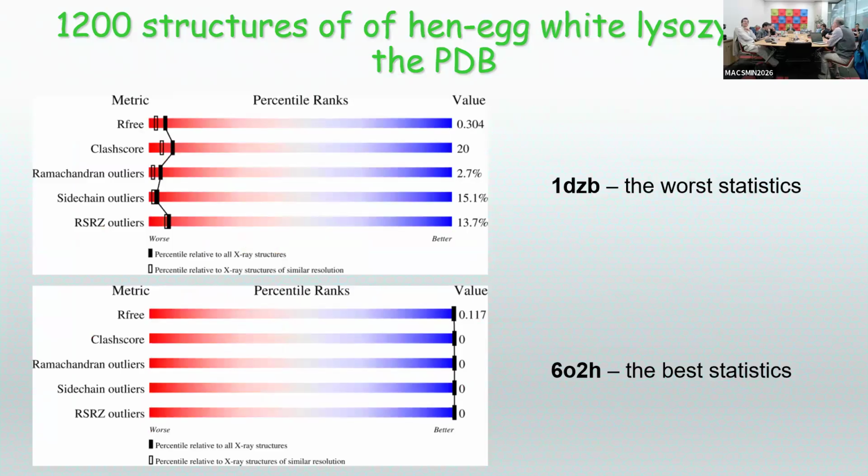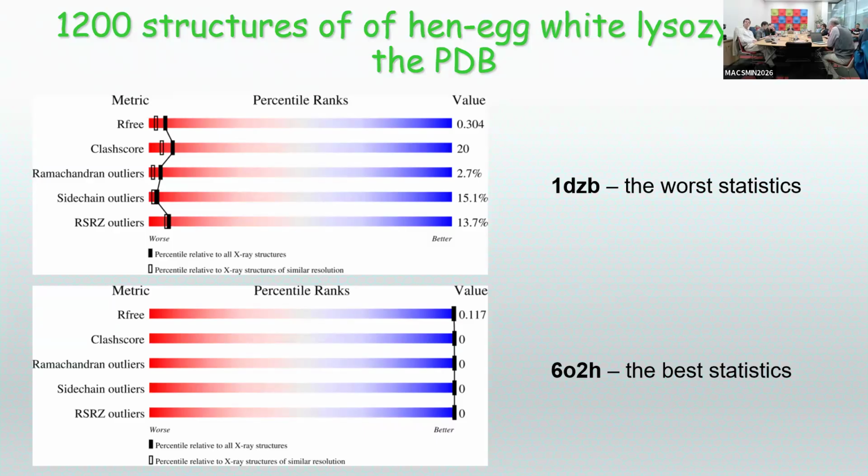And here is one of the important things about validation reports, because validation reports, for those of us who don't want to go into details, give you a graphical description of what they think about at least some quality of the structure. And here you see two structures of lysozyme, which I call the best and the worst. Telling the truth, the best is the best, but the worst is not the worst, but it's the worst structure for which all of the